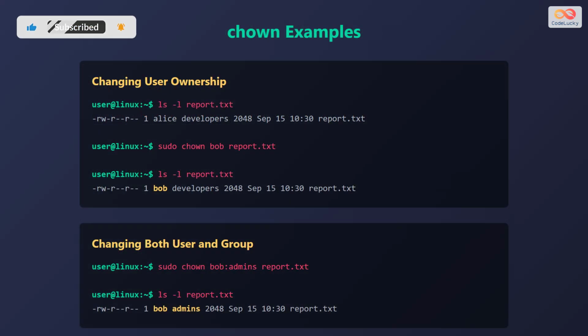Let's explore some practical examples of the chown command. First, changing user ownership. Initially, the output of ls -l report.txt shows that the file report.txt is owned by user Alice and group developers. Then, using the command sudo chown bob report.txt, the user ownership is changed to Bob. As we can see in the output of ls -l report.txt, the file is now owned by Bob and the group